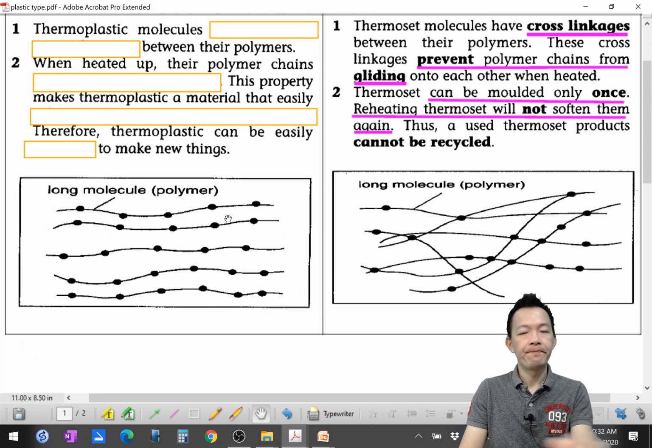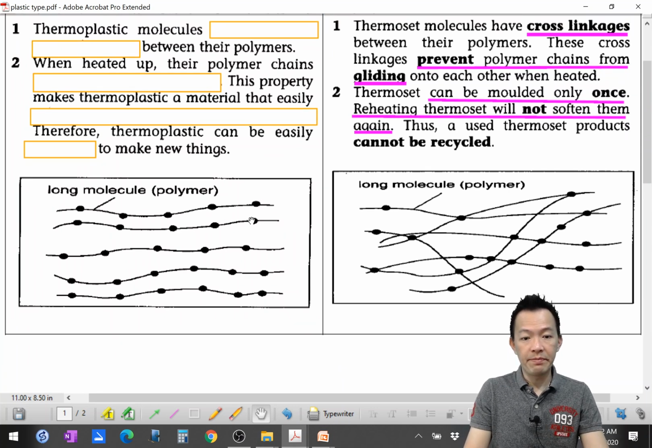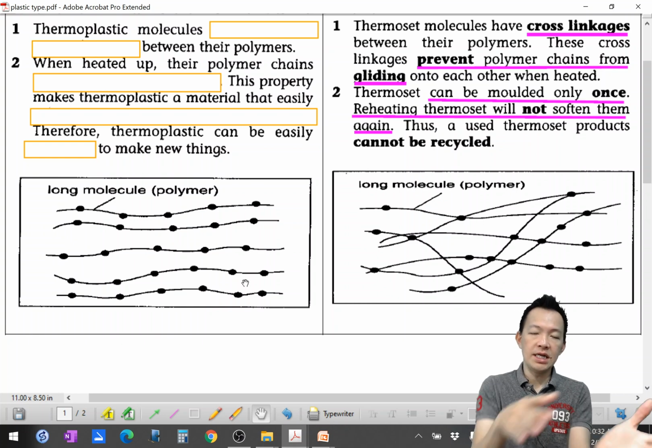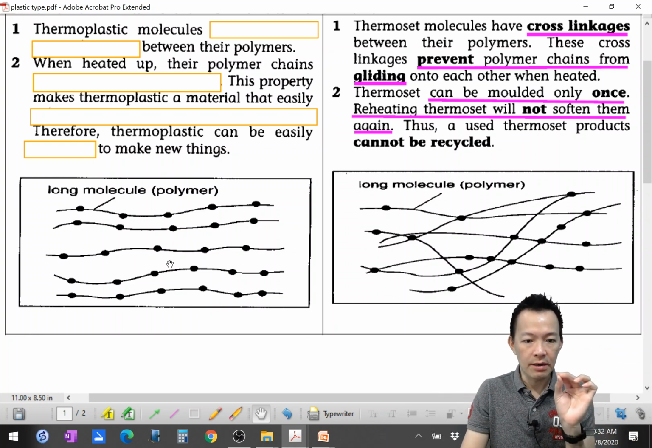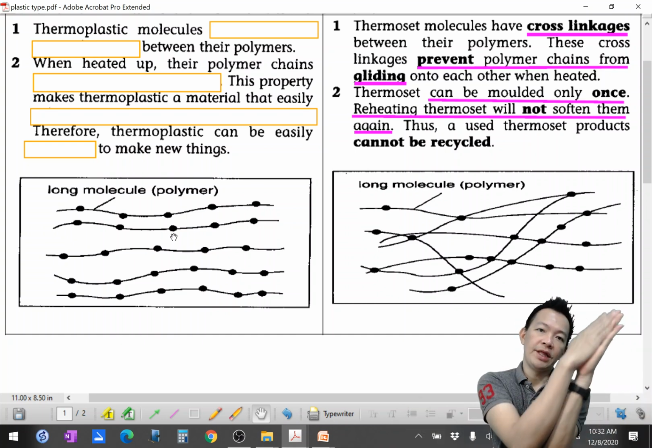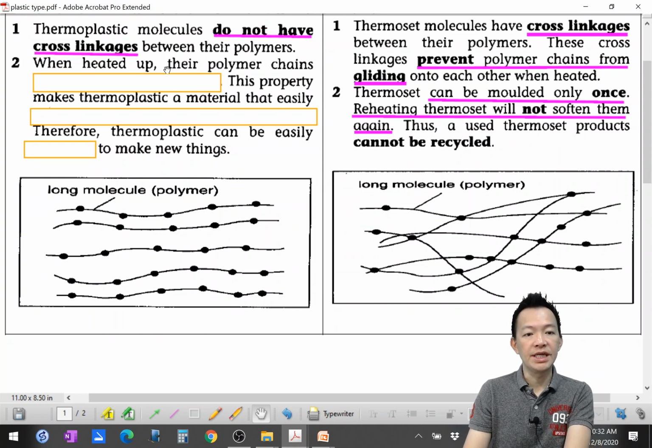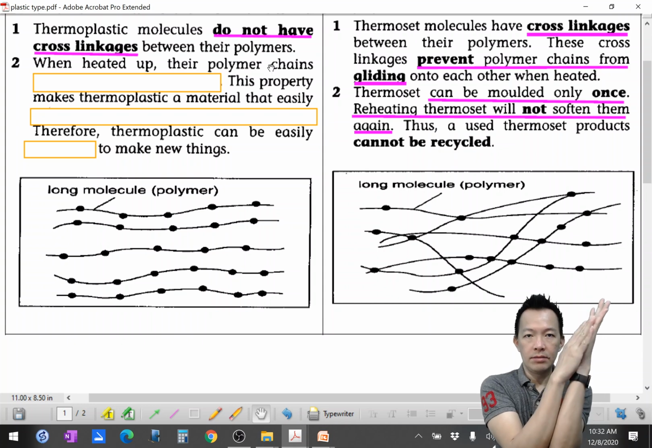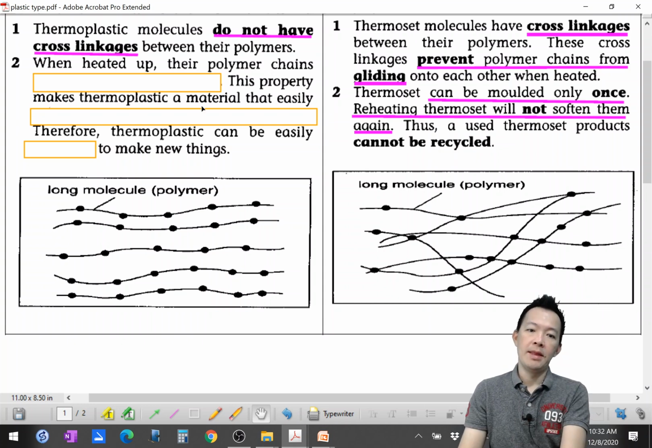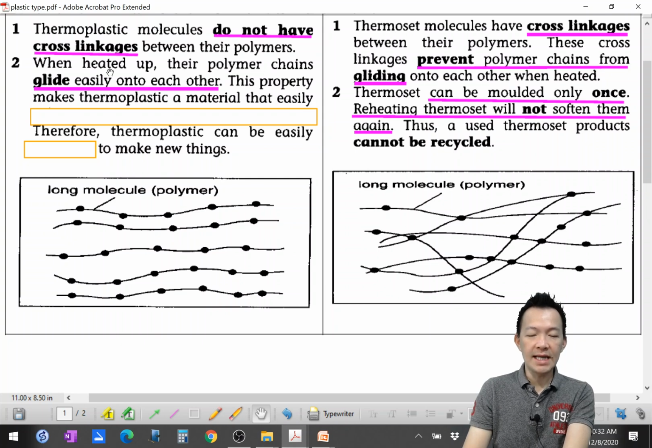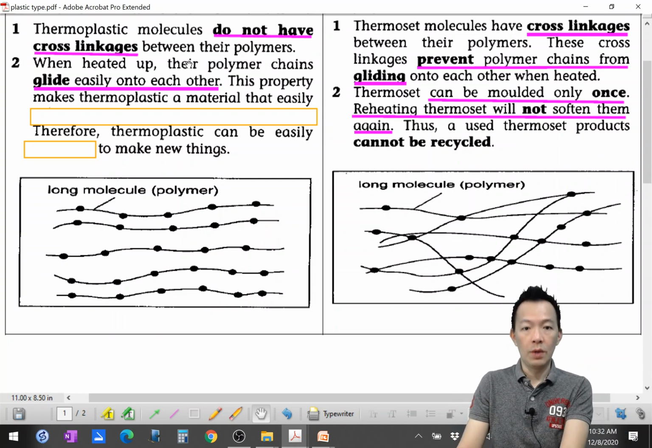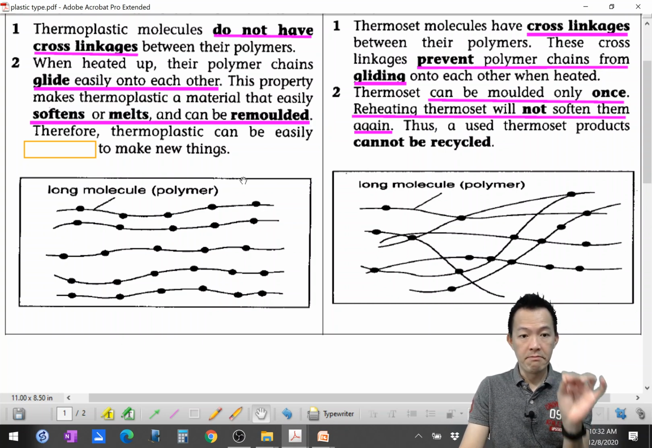你先画它的 molecule. They are long chain linear polymers. 长长一条一条 linear 就是直直的 polymer. Without any cross linkage, 它们没有交叉在一起的，它们贴在一起长长罢了。Okay, so thermoplastic molecules do not have the cross linkage between their polymer. 它们之间没有交叉点的，没有绑在一起的。So when heated up, their polymer chains glide over one another. 它们互相滑来滑去。